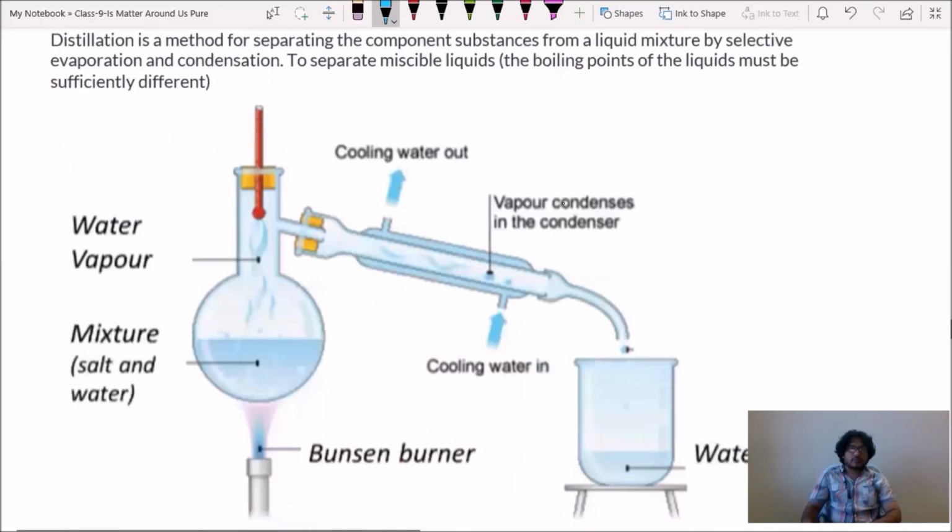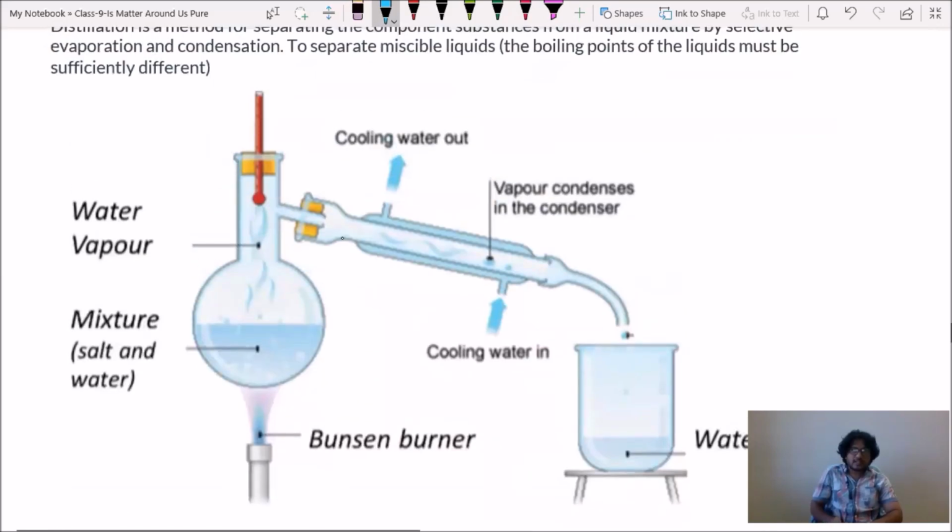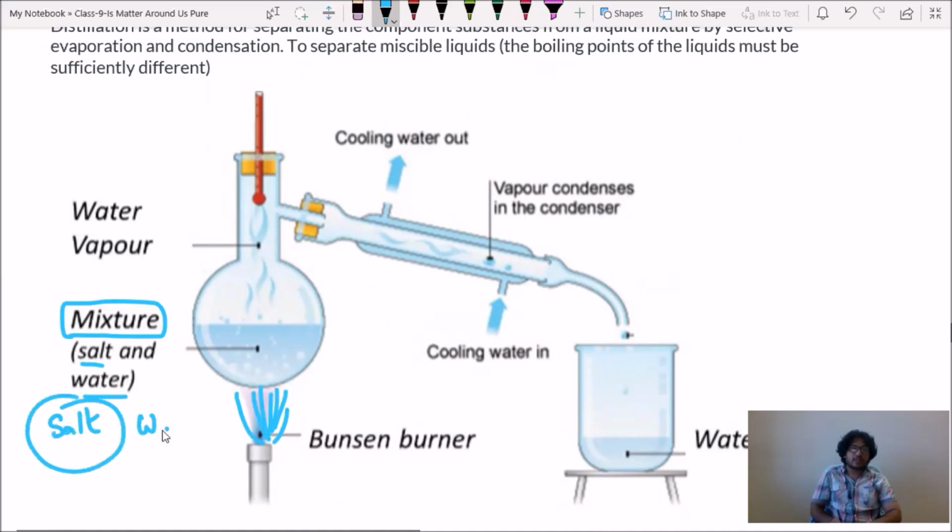Now, you can take an example of this one. This is a beaker, round bottom flask we'll call it. Here we can add a mixture of salt and water. This is salt water, and try to heat that water by using a Bunsen burner. We know if you heat, nothing will happen to the salt, but coming to water, automatically water will vaporize. You can observe that water vapors are rising up here and automatically that is passed through this nozzle and that